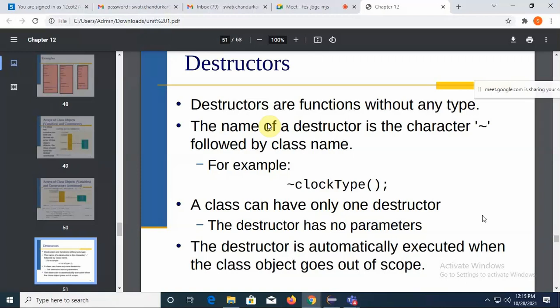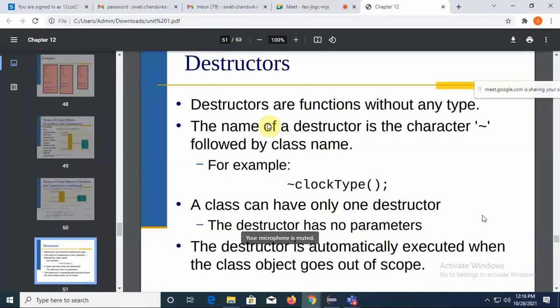Again, similar to the constructor, destructor is an implicit member function in a class. Even if you are not writing the constructors and the destructors, the compiler will implicitly give a call to them. So destructor will work exactly opposite to your constructor. Constructor will allocate memory and destructor will deallocate the memory which has been allocated for that respective object.